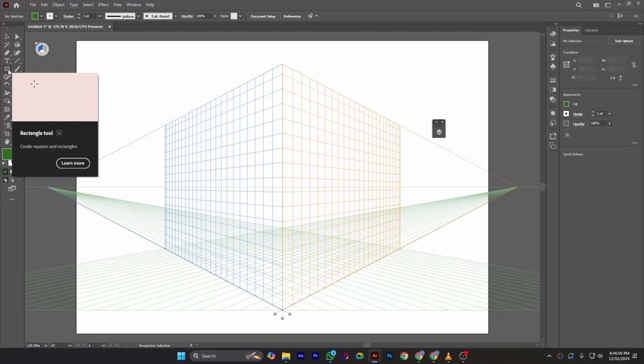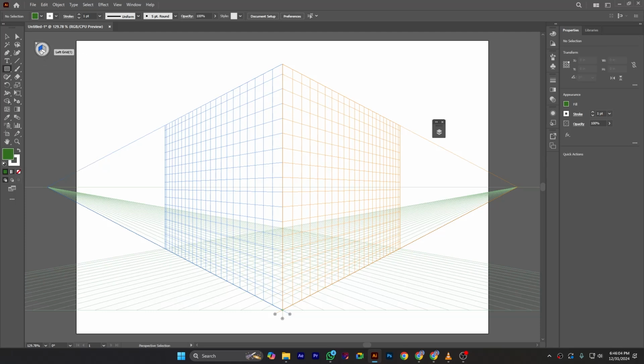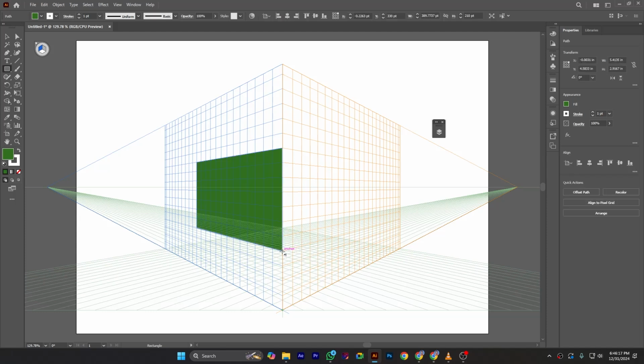After that, first of all, I would like to draw some shapes here. So you can see the left grid was selected. So I am drawing a shape here. Here is the shape. Then I am pressing 2 on the keyboard, and now